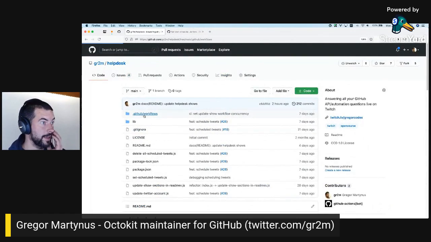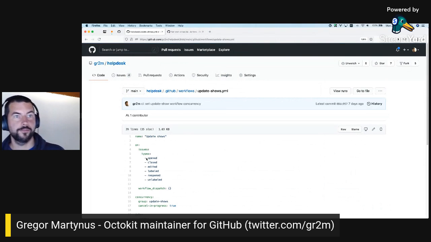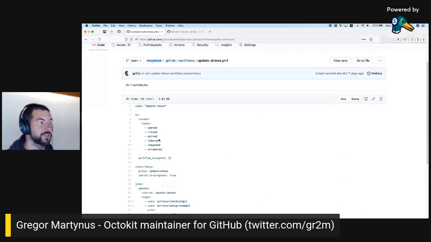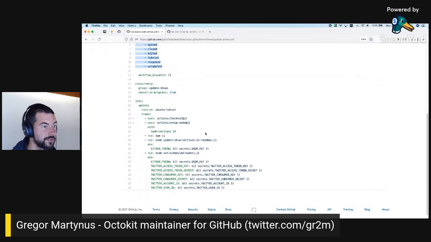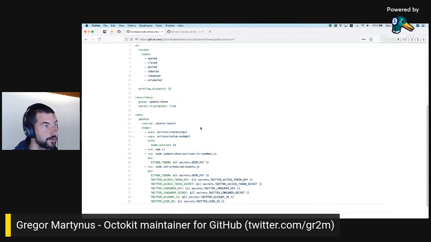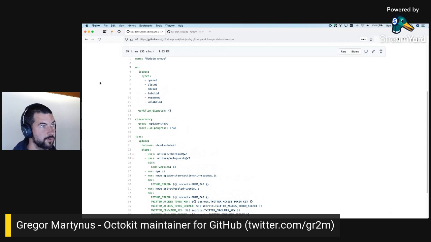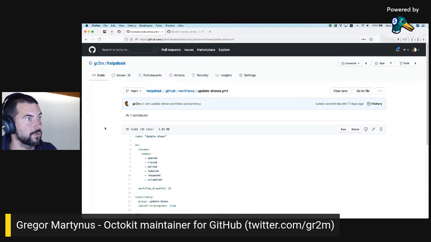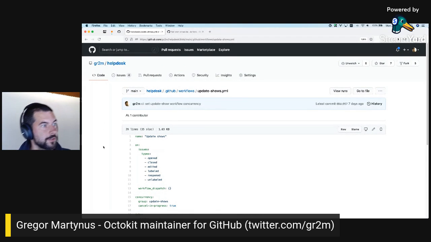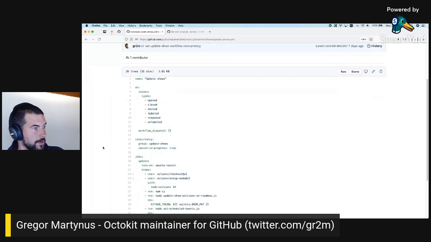So let's see what I have so far, because I have this workflow which is run each time a show issue was created, updated, and so on. Okay, so I think I will just reuse it, so I don't need to run multiple workflows. That will save some resources.